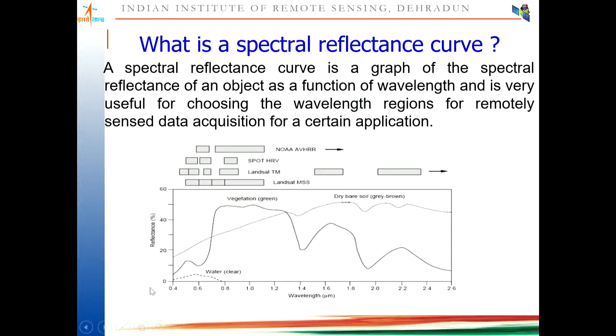So what we use is something called a spectral reflectance curve. This curve is a graph or a plot of the spectral reflectance values of an object as a function of the wavelength on one axis and the amount of reflectance in percentage on the other axis. So this results in this curve, and this is a characteristic curve of various land cover features. This is known as a spectral reflectance curve. Laboratory generated or field generated curves are compared to the data that I interpret from the image, and a matching process is done,